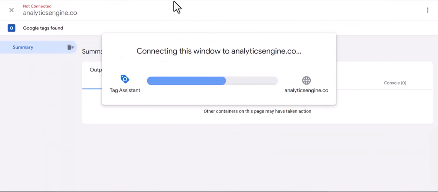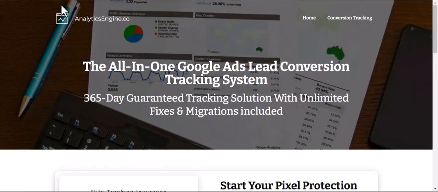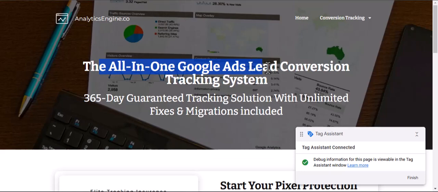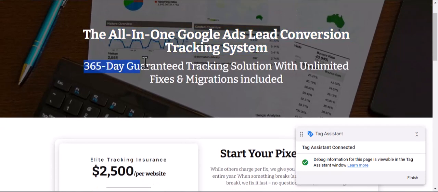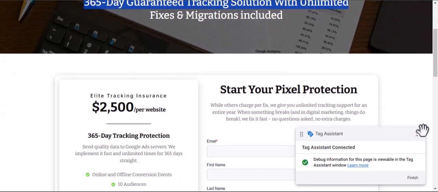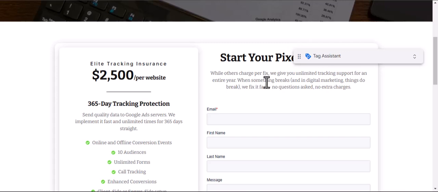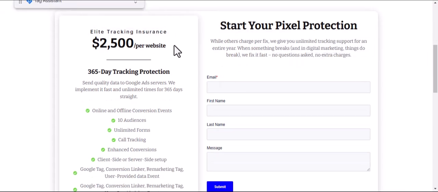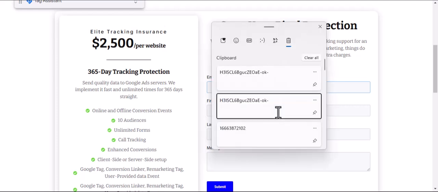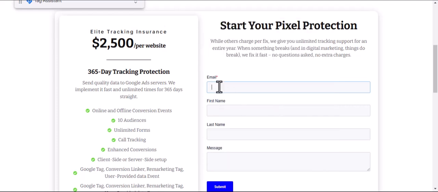Let's go to the page where the HubSpot form is submitted. For this tutorial, I'm using the HubSpot form for my all-in Google Ads lead conversion tracking system, a 1-year guarantee tracking solution with unlimited fixes and migration. This is a service that I offer on my website. So we are going to test it. So let's add here an email. So I'm going to add like